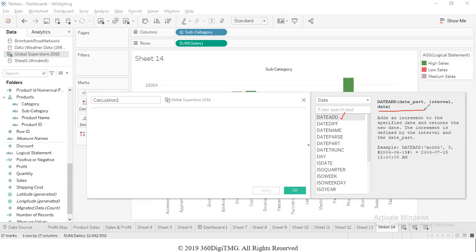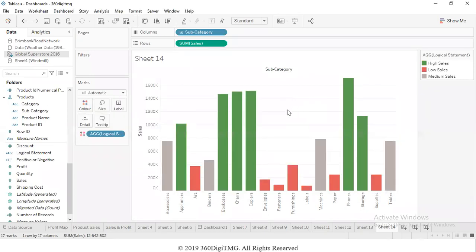It will give us the syntax of the function. It will give a detailed explanation of what the function does. Along with that, it will also give us an example. So it's easy to know exactly what it does, understand it, and apply it.